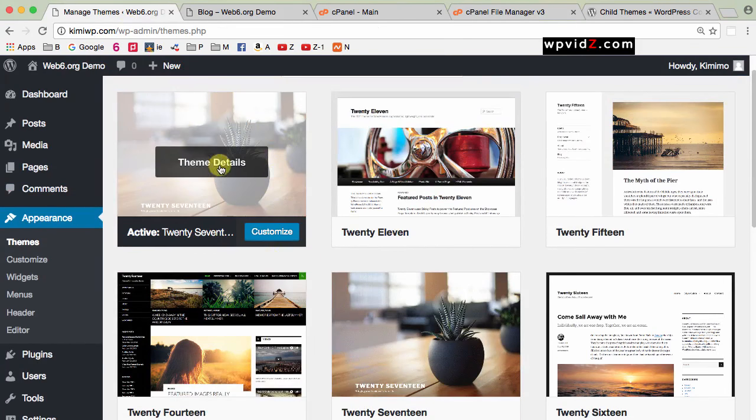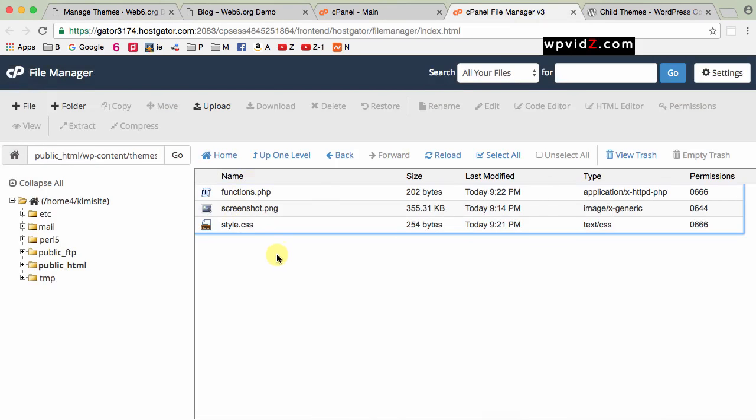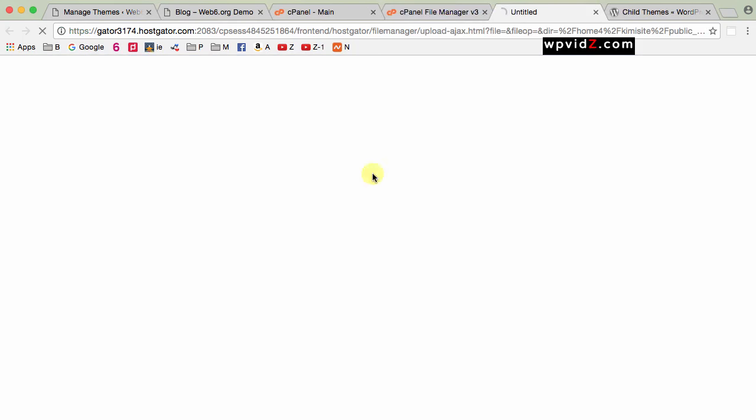So I see from here I do not need to click on theme details to see what this theme is. So I go back to my cPanel where I can see my functions.php, style.css, and screenshot.png. Now what you want to do is upload the file, but before that I already provide the screenshot and it's already optimized and compressed, so it has a smaller size to upload and to use on your server. So going to click on the upload button there,